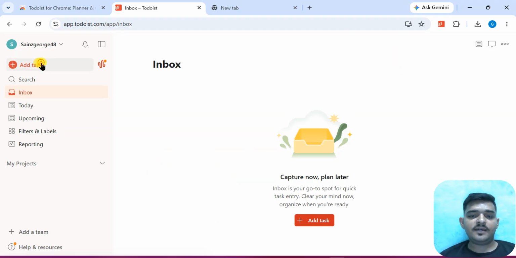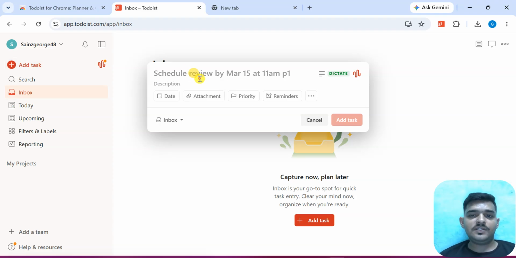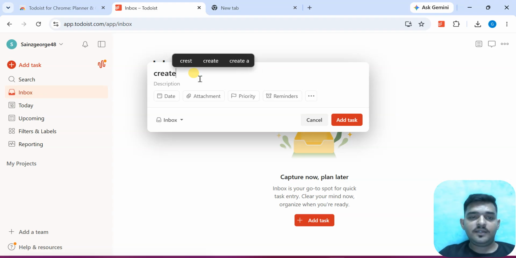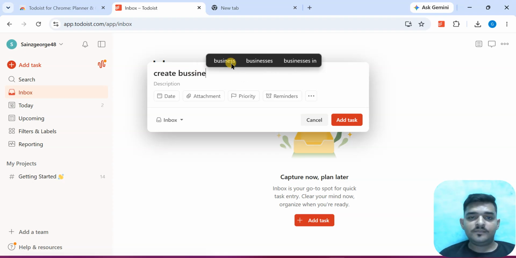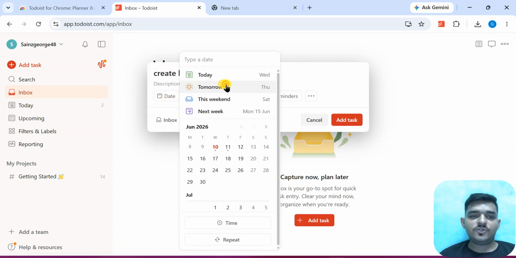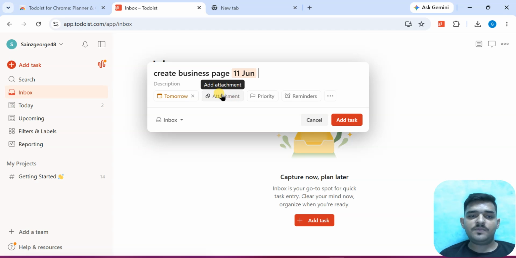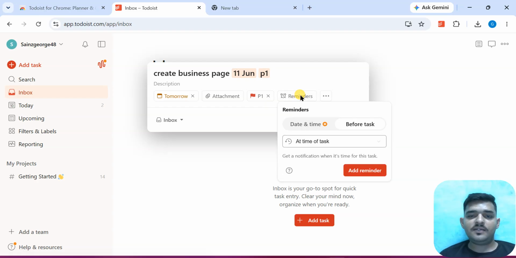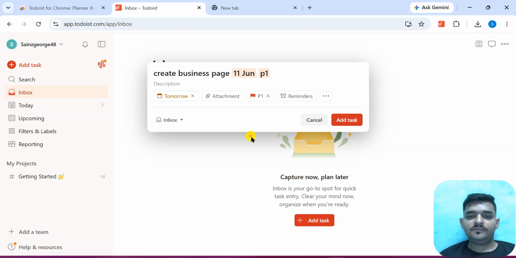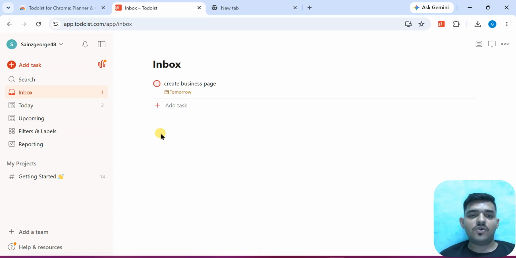Now click on add task. Then here you will schedule a task like create business page, anything you can create. Then select the date and time like tomorrow. If any attachment you can attach it. Select as priority 1. Reminders, click on reminder, then got it. Then add task. Now tomorrow it will be